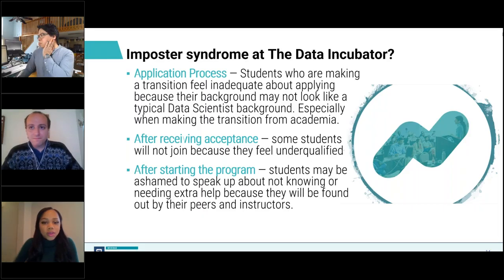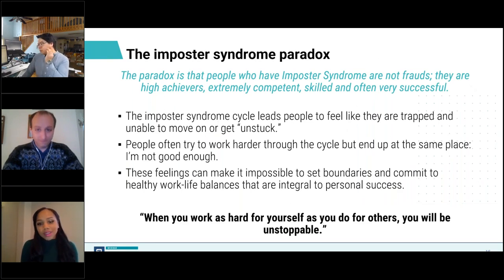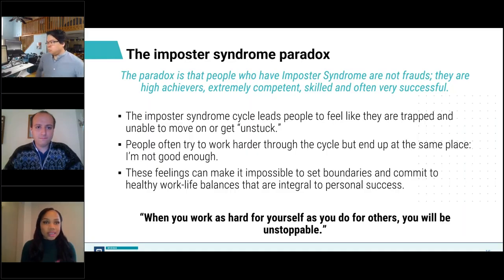Perfect. Thank you. So we're going to move on to the imposter syndrome paradox here. People with imposter syndrome are not frauds. They are high achievers who are exceptionally competent, skilled, and often extremely successful. The struggle is often internal, and they feel that no matter how hard they work, they end up in the same place of, I'm not good enough. People who are caught in the imposter syndrome cycle feel trapped and unable to go on or get unstuck. These feelings can make it difficult to set limits and commit to healthy work-life balances,